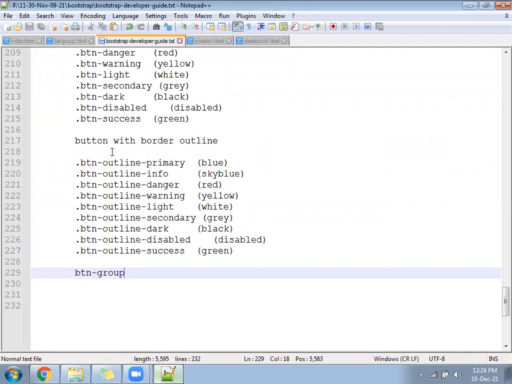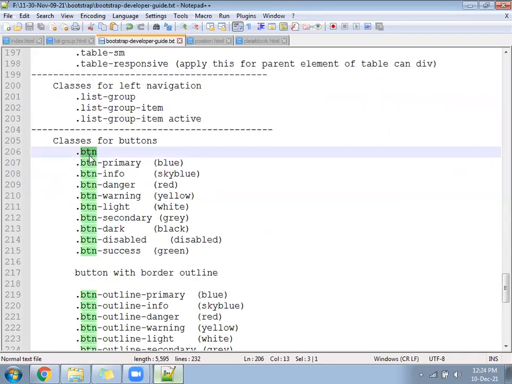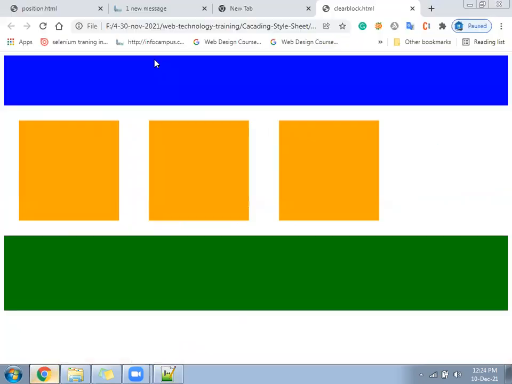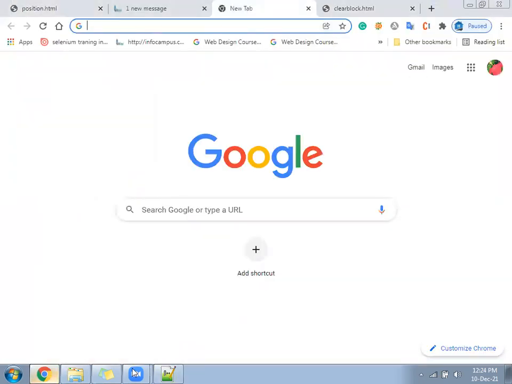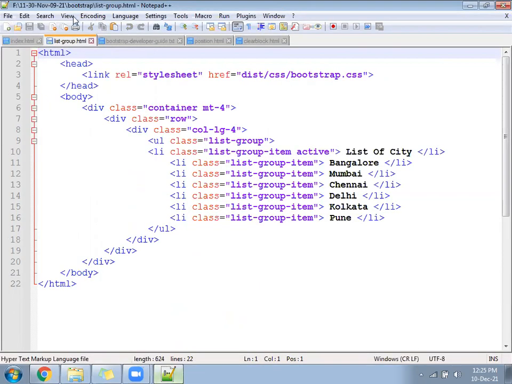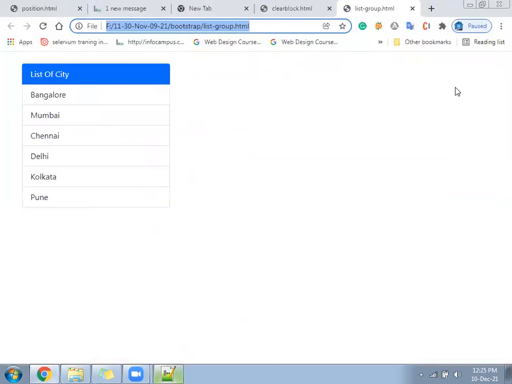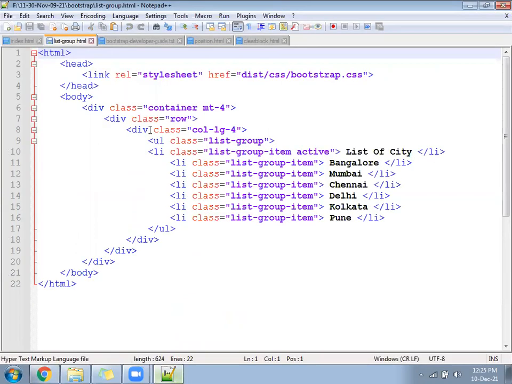Okay, we are creating a file called bootstrap button.html. Create a file bootstrap button.html. Or we have one file from yesterday, no? This file, list group. Inside the list group, we have not added anything on the right hand side. Right hand side is still empty. We can utilize that. Please come to the list group.html file that we made yesterday. Open the list group.html file that we made yesterday.